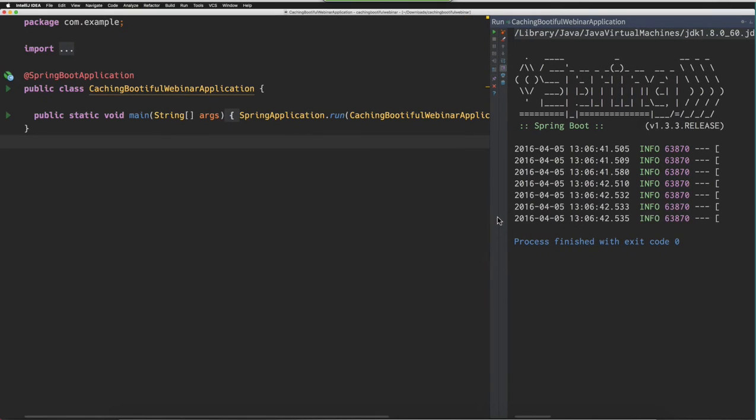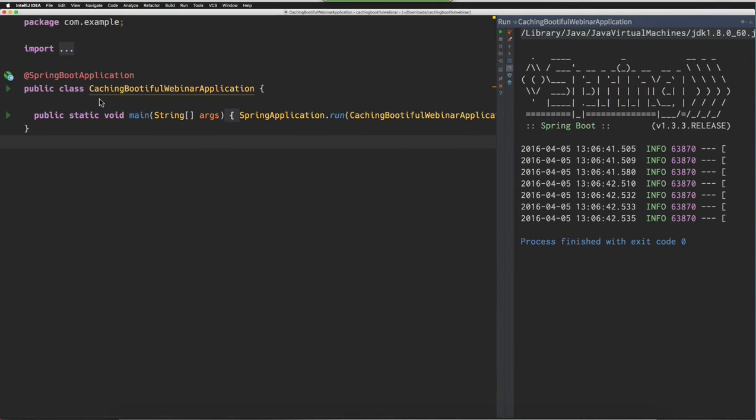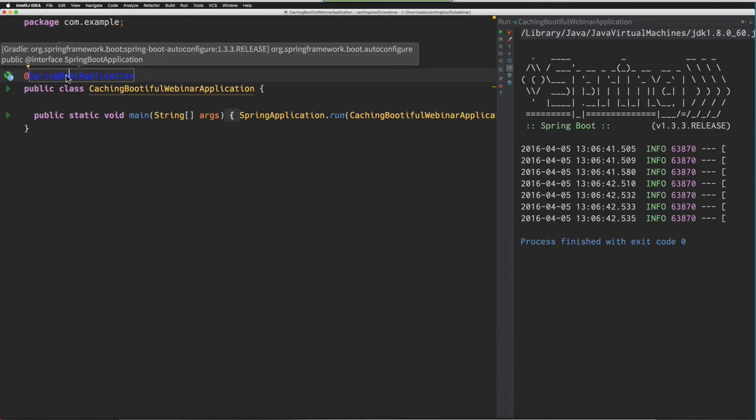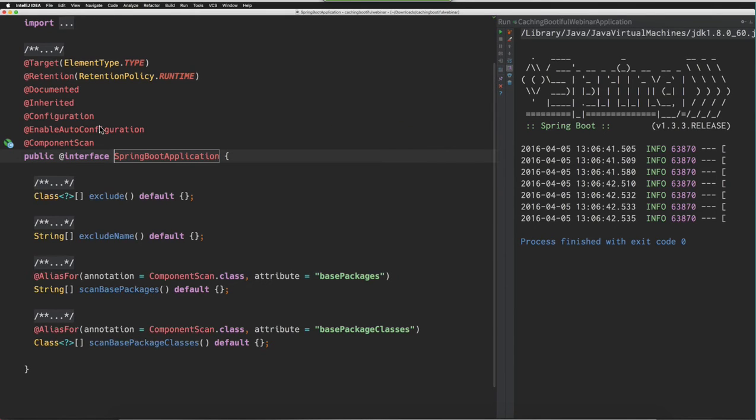So one thing, a little bit of explanation of the Spring Boot application. There is an annotation on top of the class of our application, and this annotation is a meta annotation. It is an annotation composed from different other annotations. A couple of things that we need to know here. First of all, this Spring Boot application annotation consists of the Spring